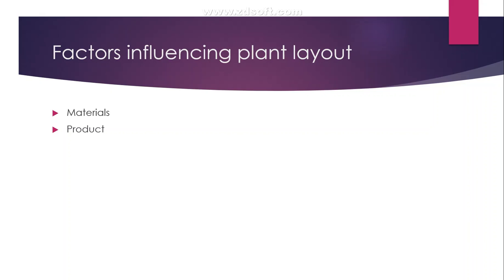For example, if we are in a manufacturing company which produces ships or an aeroplane, such huge products, how are we going to produce them? We have to set up a layout which suits our product, the way we produce them. So the production of such products has an impact on the